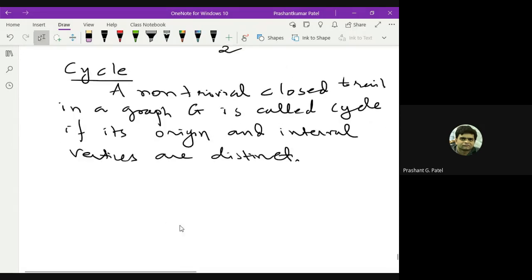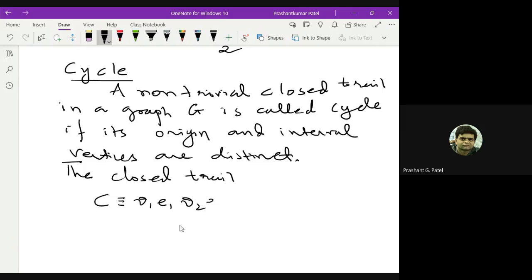In detail, I denote this closed trail C as V1, E1, V2, E2, up to Vn, and then again some edge En, and then V1, because the origin and the terminus have to be the same vertex. This is known as a cycle if